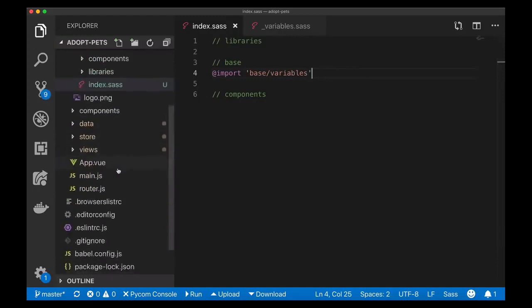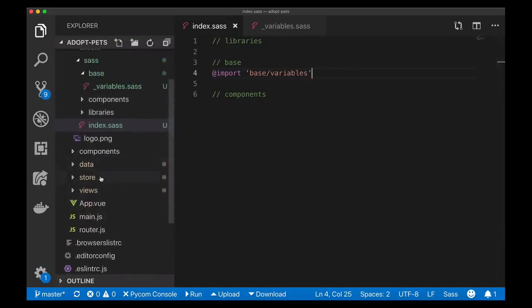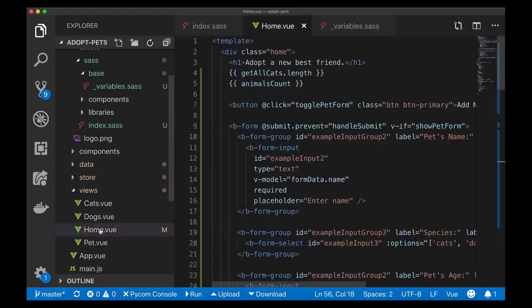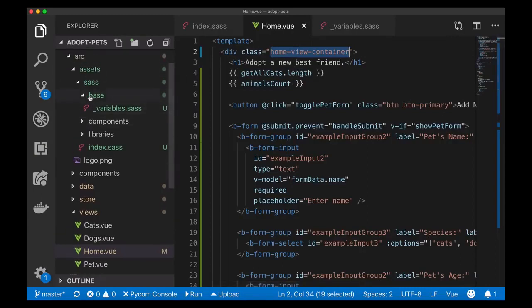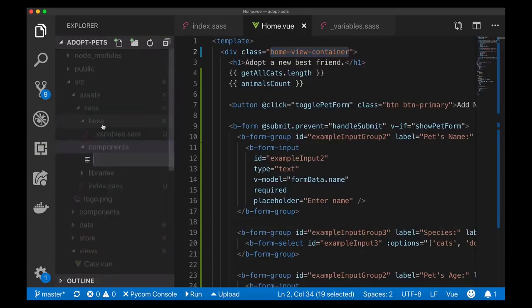Now in the components, let me just pull up one component here. Let's say a view and my home view. It starts out with the class home, but generally I don't think this is descriptive enough. So I usually call things like home view container or something like that in my project. And this is a wrapper class so that I can contain my nested classes and they don't affect other parts of the application, because my global styles will all be in base, but each component that I make will also